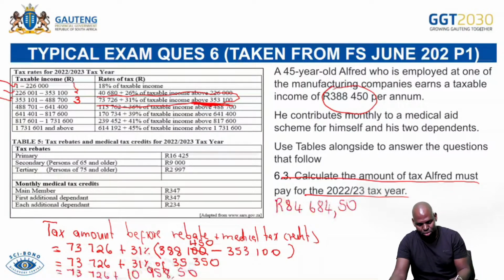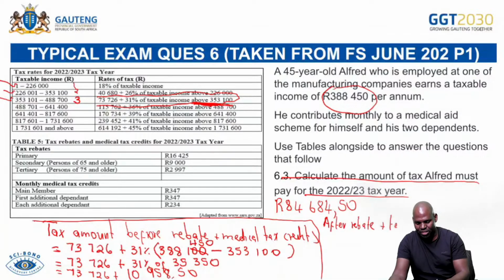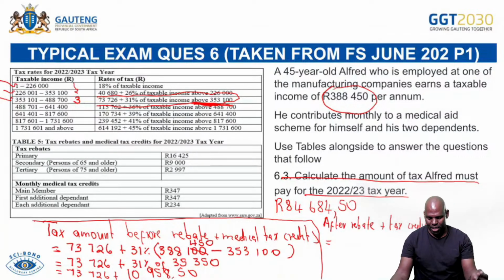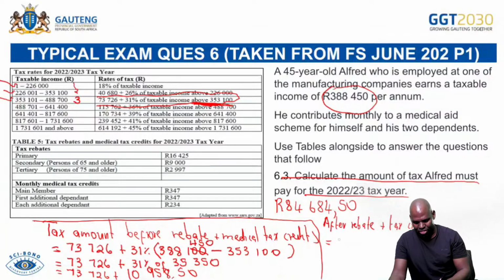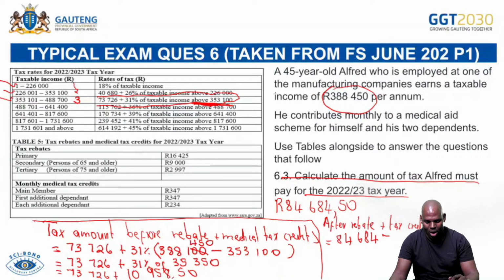So if I have to do this, I will say after rebate plus tax credits. I'm sorry about the space there. I'm just going to subtract. After rebate and tax credit, I say 84,684 rand. Then I subtract. How much must I subtract here? I must subtract